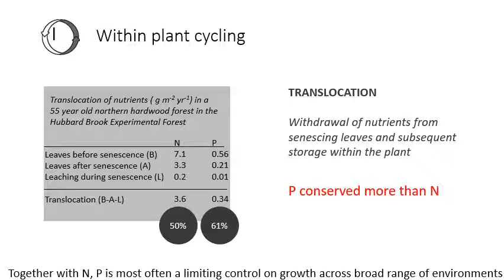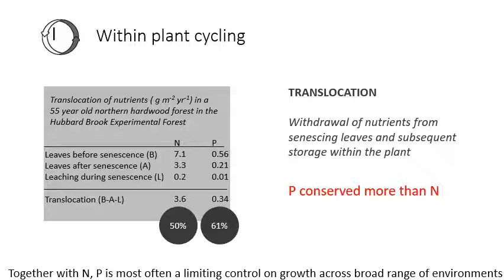senescence. After senescence, when the leaf has gone all brown and dry and has dropped from the tree, there's only 0.21 grams per meter squared of phosphorus. And a little bit of that phosphorus got leached while the leaf was senescing. So the ultimate amount that got taken back by the plant before it dropped the leaf was 0.34 grams per meter squared. So that meant 61% of the phosphorus in the leaf was taken back by the plant before the